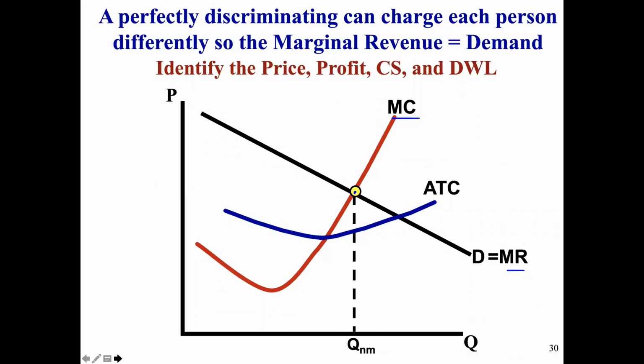All right, so what's going to happen? Where's the price is kind of a trick question. The price is in multiple places. So we're going to charge the price along the demand curve. This consumer was willing and able to pay this price, we get to charge it. This consumer was willing to pay this price, we get to charge it. So if this demand curve represents thousands and thousands of individual consumers, and we're perfect price discriminators, then we're going to be able to charge the price all along the curve. So there's no real price to mark.